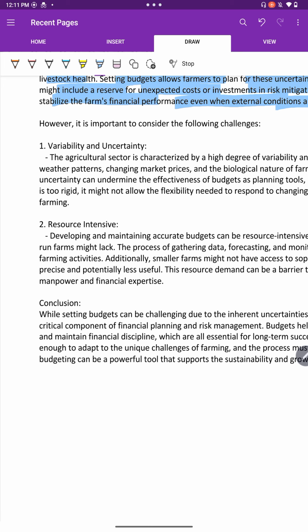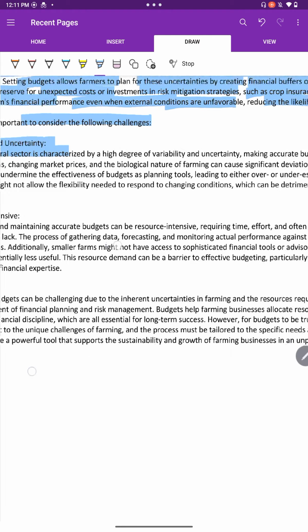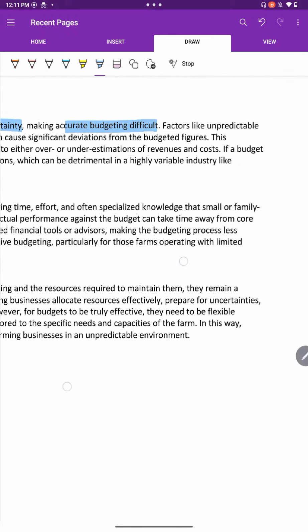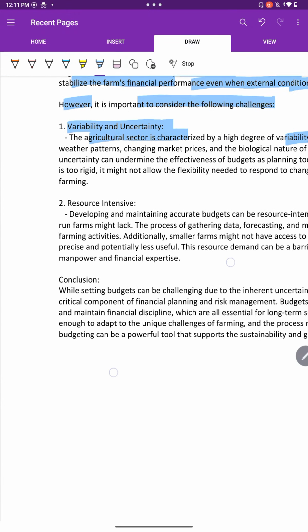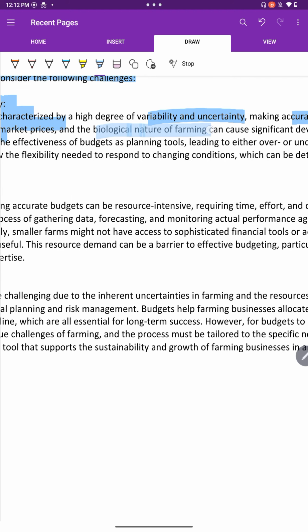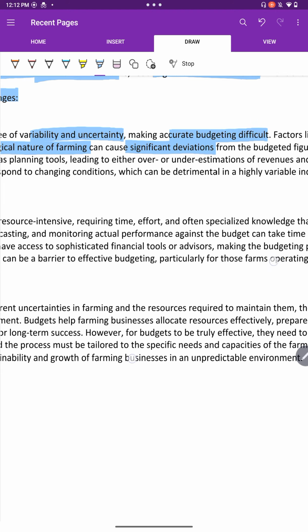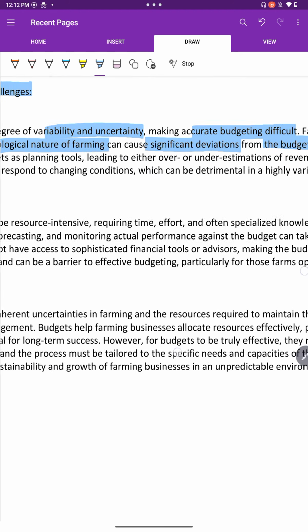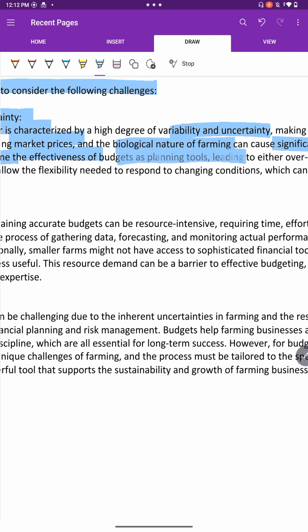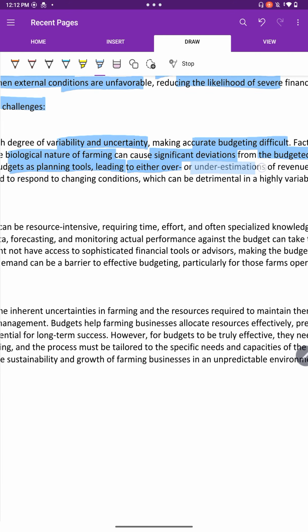First one would be, however, it is important to consider the following challenges. First one would be variability and uncertainty. The agriculture sector is characterized by a high degree of variability and uncertainty, making accurate budgeting difficult. Factors like unpredictable weather patterns, changing market prices, and the biological nature of farming can cause significant deviations from the budgeted figures. And this uncertainty can undermine the effectiveness of budgets as planning tools, leading to either over or underestimation of